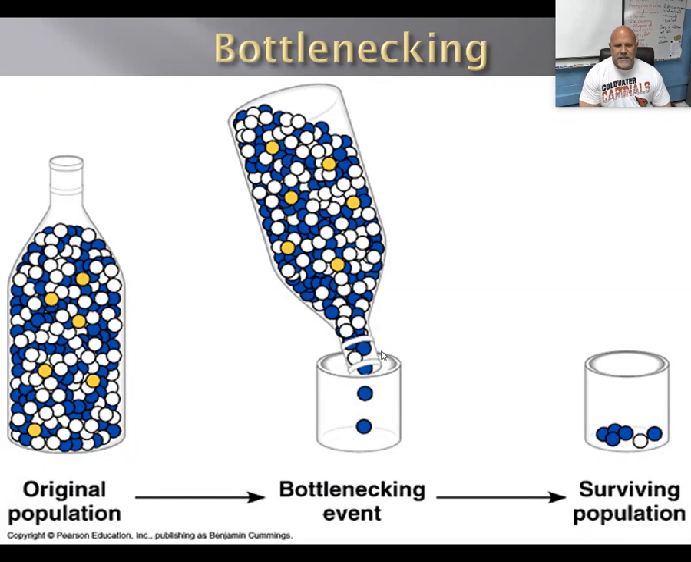Bottlenecking is another situation we see sometimes in evolution, and that's where a population will become very small for a portion of time, and then it can regrow afterwards. But when that happens, you lose a lot of your genetic diversity. And so bottlenecks are very harmful to species when it comes to being able to survive for a long period